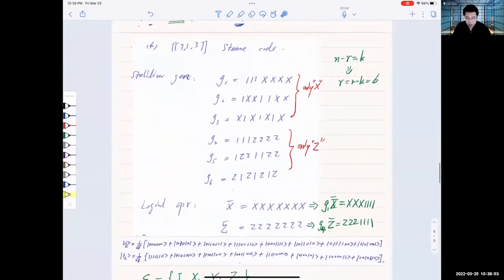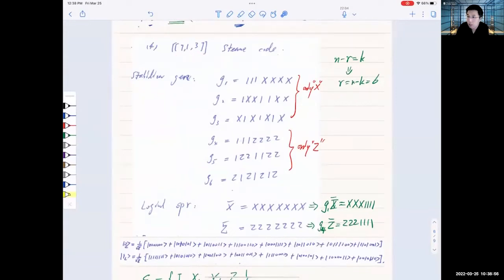So maybe one code I would like to bring your attention to is the 7-1-3 code, which uses 7 qubits to encode 1 logical qubit. Since n is 7 and you want to encode 1 logical qubit, k is 1, so you need r equal to 6, which is 6 stabilizer generators. You may notice that you can group them into 2 groups. Each group has 3 such stabilizer generators. The first group only consists of Pauli X operators, and the second group only consists of Pauli Z operators. And these groups are very similar to each other. Just by switching between X and Z, you get a map between these 2 groups of